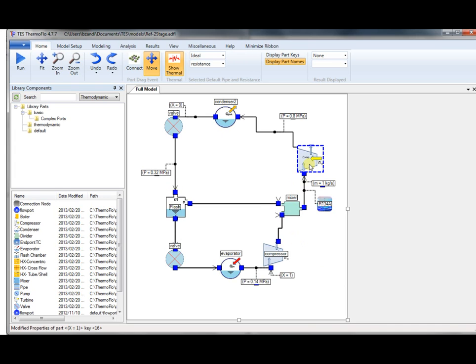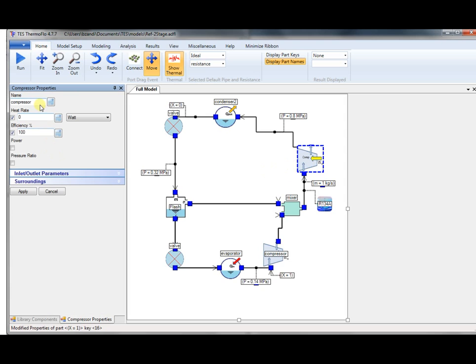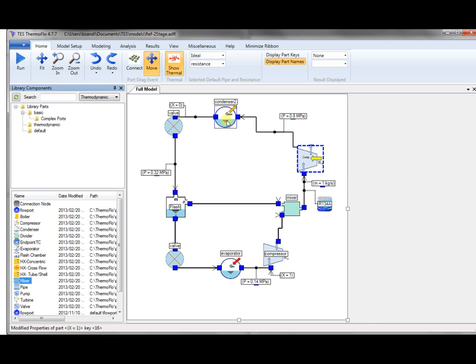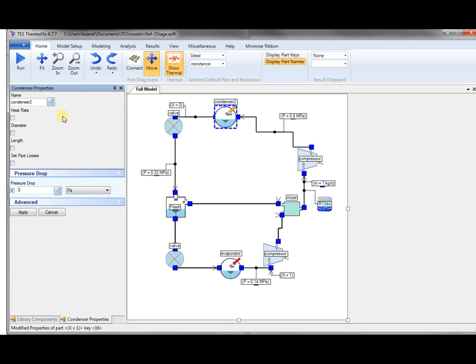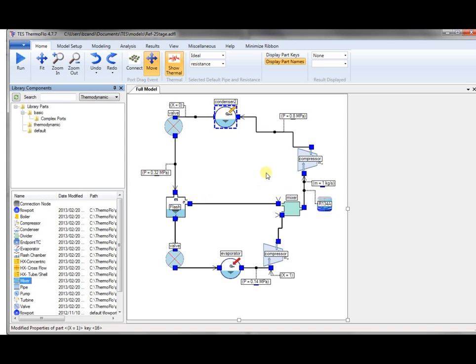Now let's double click on some of the components. You can see that for the ideal compressor we have no heat loss, 100% efficiency, and we don't need to change anything. Similarly, you look at the condenser, we don't need to set any of these values. If you wanted to calculate the losses, you could, but we're doing an ideal cycle. Press on run,